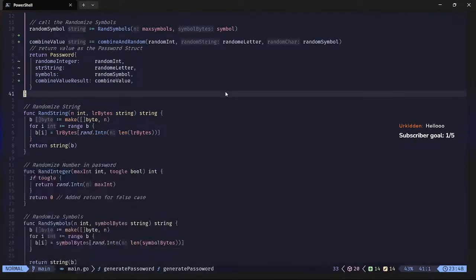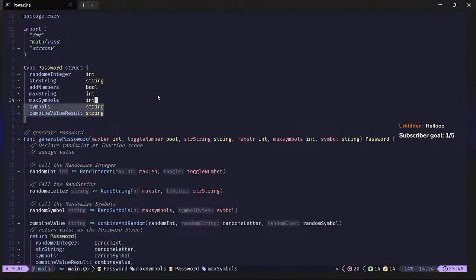If you're wondering why I have a lot of options here, I want this to be customizable using a TUI. I'm gonna use Bubble Tea as my TUI library. Like the amount of randomness or the number. This is gonna be nothing. But this is the add numbers boolean. If you want to add numbers to your password,